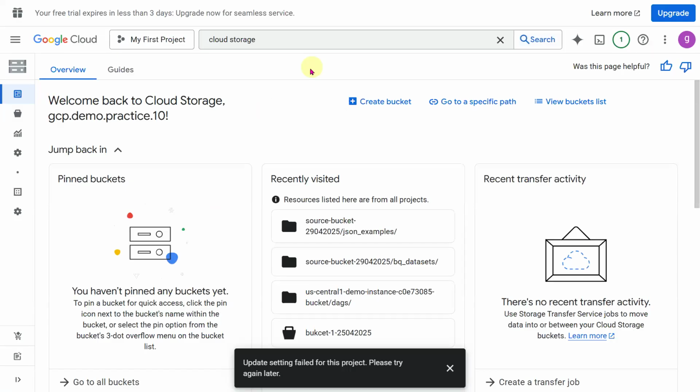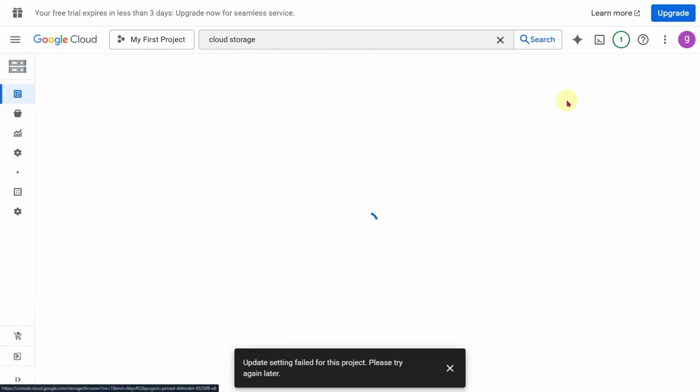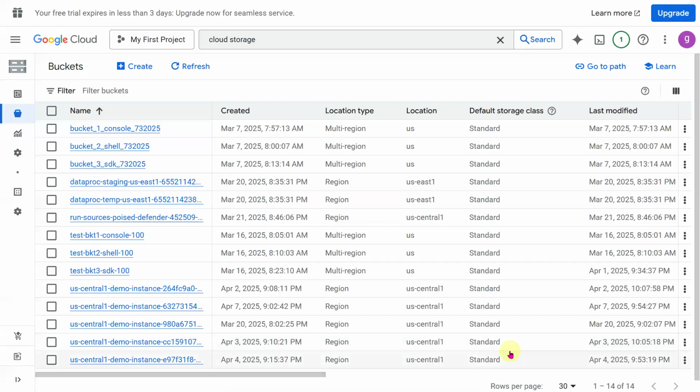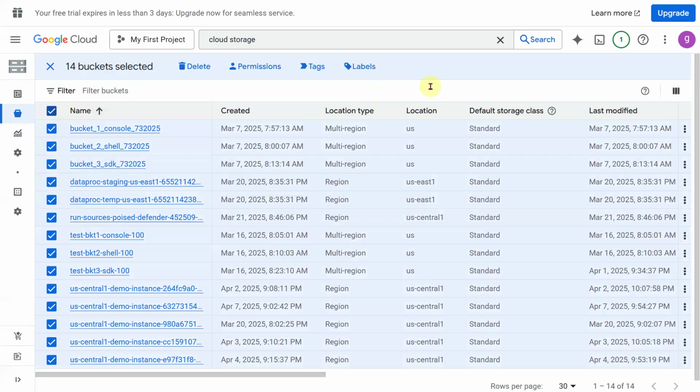See, using the console, I can create a bucket. Using the console, I can go to the specific path of a bucket. Using the console, I can list out the buckets also. Just click on this one. See, using the console, I am able to list down all the 14 buckets available in this particular project.